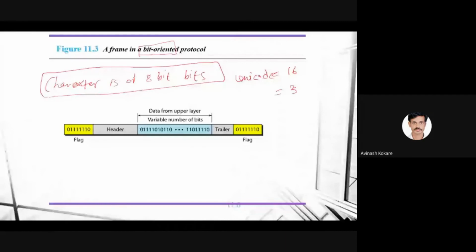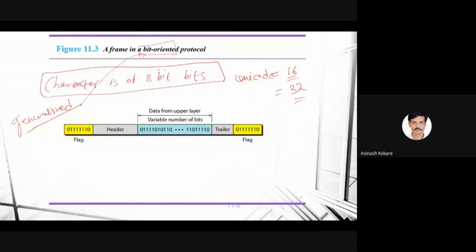So the character size varies, depending on hypertext, programming languages or any XML language, where different Unicode formats are used, or your Word file, where we consider different encoding techniques. These different encoding techniques represent characters of variable size. So the character-oriented protocol is not suitable. We have to discover some generalized format that will work for all types of encoding. This generalized protocol is implemented as the bit-oriented protocol.